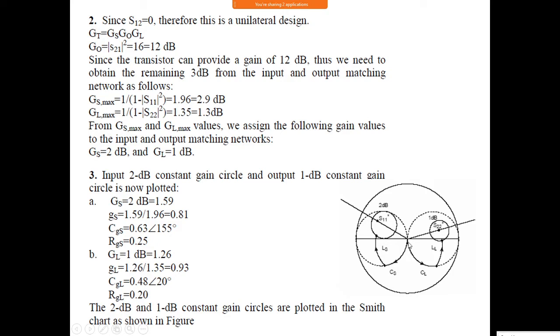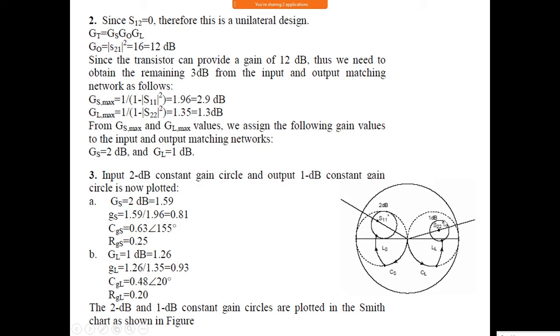So like this. Here is a 20 degree. Moving like this, this is 0.48 multiplied by 6. Some value will be coming. That is the center here. And next, 0.2 is the radius. 0.2 multiplied by 6 means 1.2 centimeter. Take a 1.2 centimeter, run the circle, and you will get this. So this is called the output gain circle. It gives a 1 dB gain.